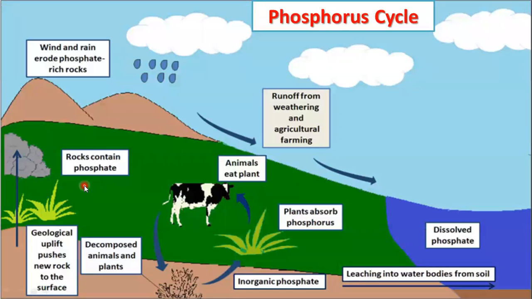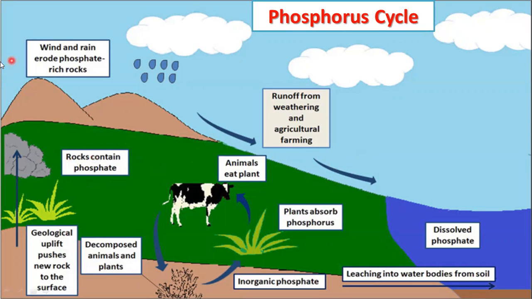Rock contains phosphorus in the form of phosphate, and during the geological uplift, new rocks get uplifted or pushed at the surface. When wind flows over this rock surface, erosion of the soil takes place, and during this erosion process, some of the phosphate gets removed from that rock surface and then gets mixed into that wind. And in this way, with the help of this erosion process, phosphate is flowing from the rock surface towards the